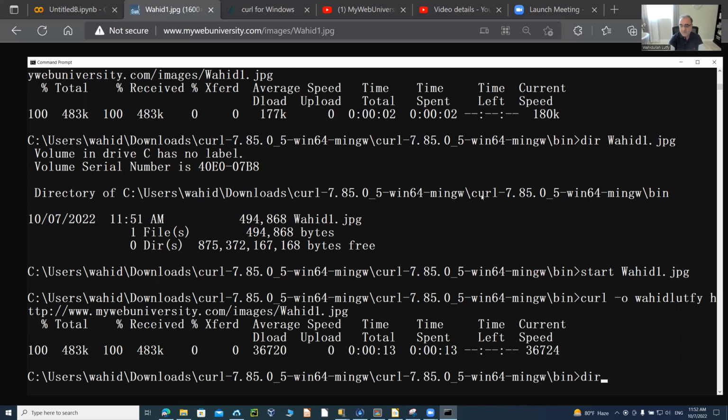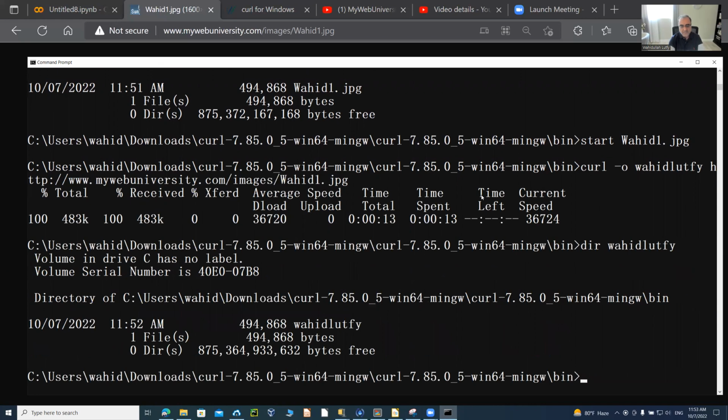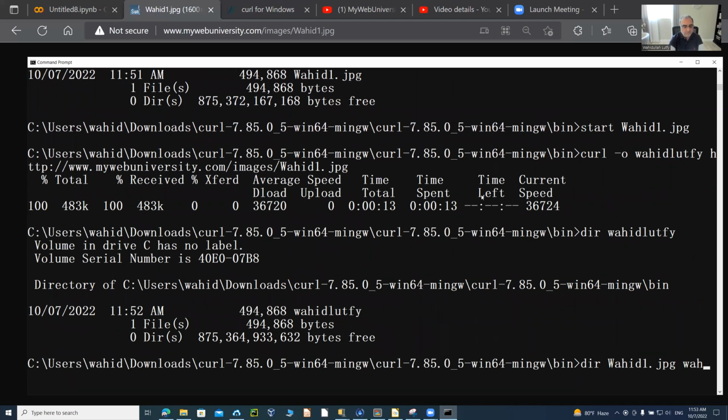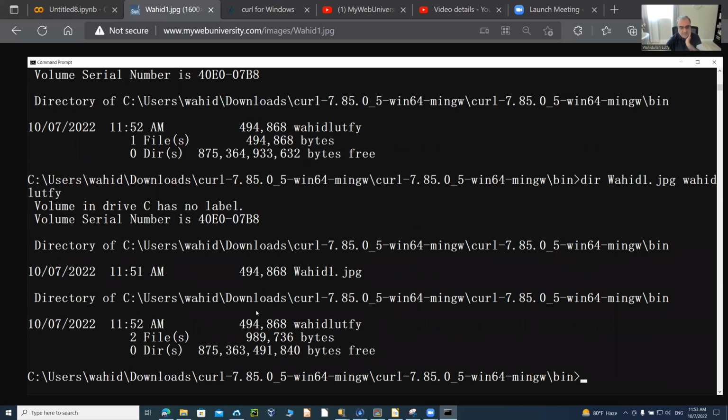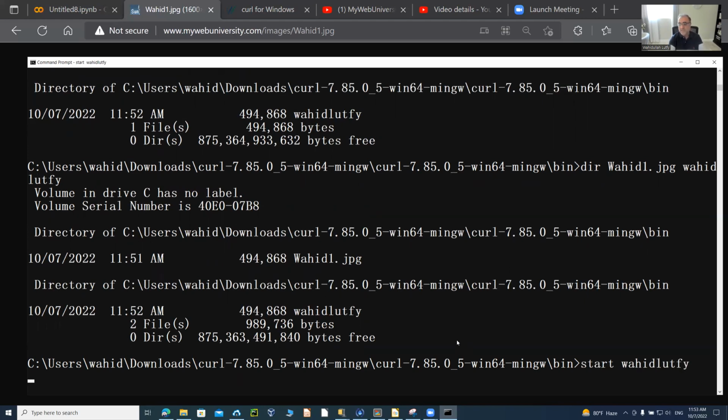Now the file Wahid Lutfi just came there. And you can see the size of wahid1.jpg and Wahid Lutfi, both of them are the same size. You can see they are the same size since it is the same file, wahid1.jpg from the URL that I pasted. And then at this time, if I just start Wahid Lutfi to confirm that,